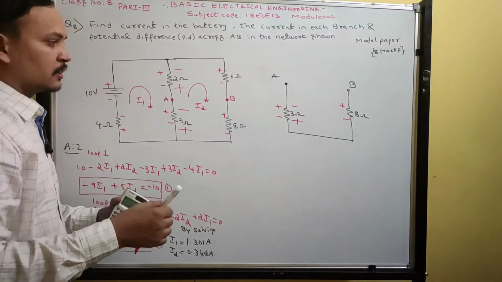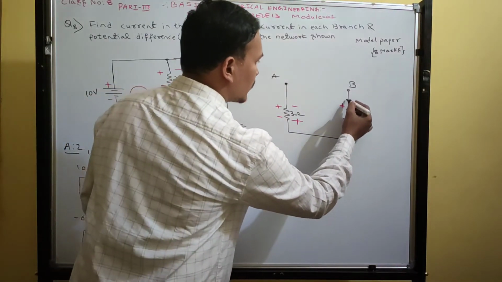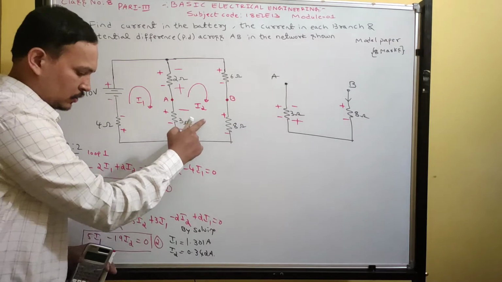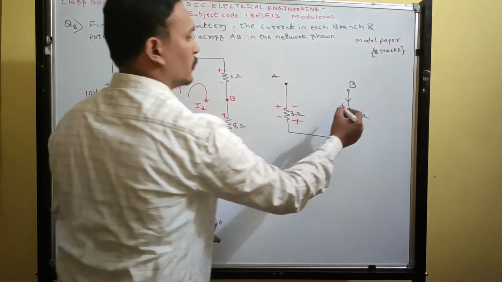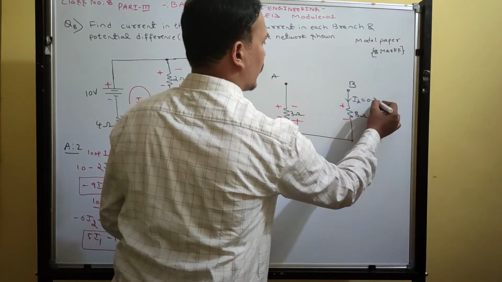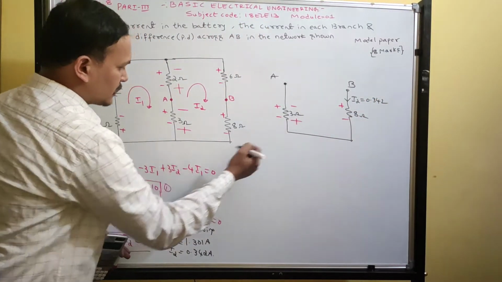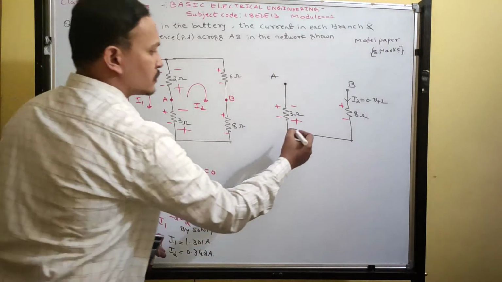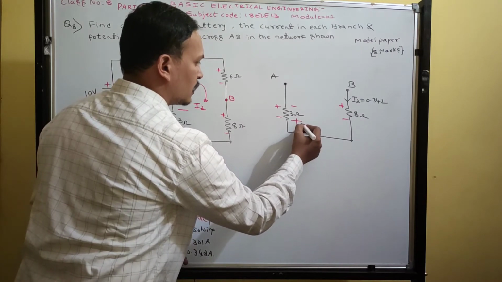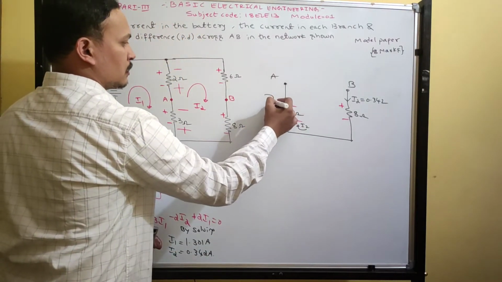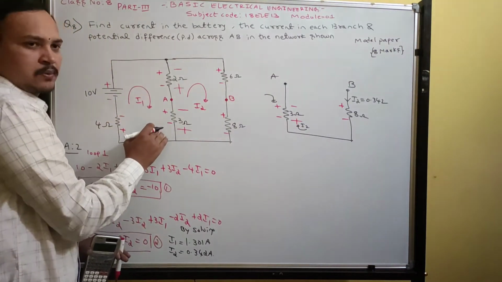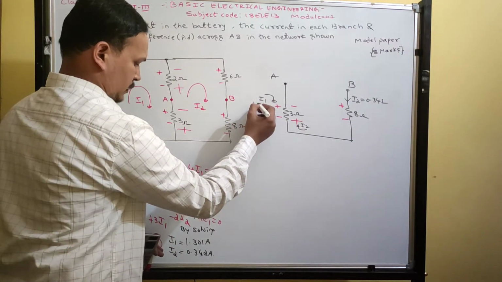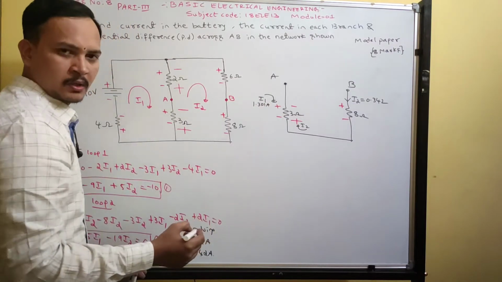So where plus is there, you write the current value. So plus is here, you write the current value. What is the current in 8 ohm? I2 current. What is the value of I2? 0.342. So I2 flows here, that is 0.342. Next, what is the current in this 3 ohm resistance? For this bigger polarity, plus and minus, what is the current? This I2 only. So I2 current flows here. Next, some other loop. In the first loop, I1 current is flowing, so you write that value, I1. What is the I1 value? 1.301 amperes. Okay, got it.